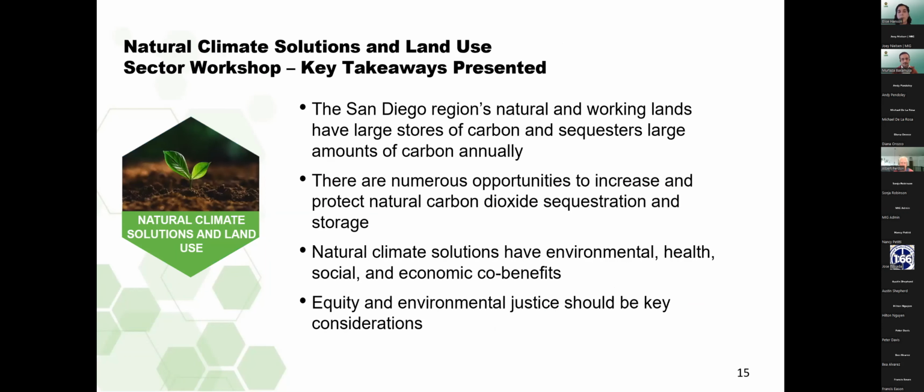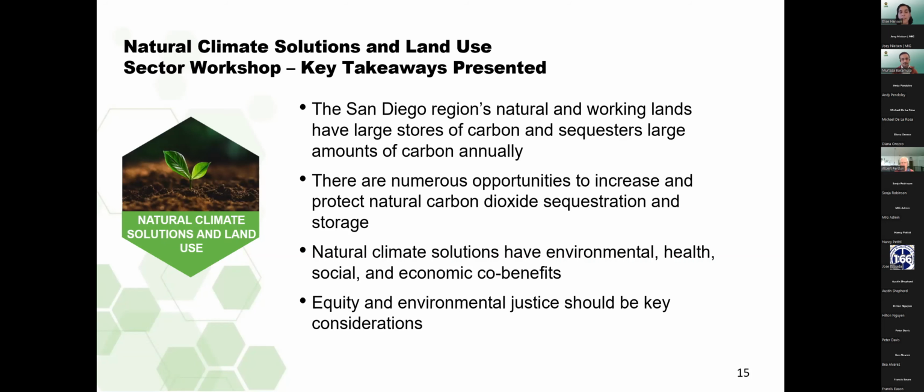Our second workshop focused on natural climate solutions and land use. This chapter's key takeaways that were presented are that the San Diego region's natural and working lands have large stores of carbon storage and sequester large amounts of carbon annually. There are numerous opportunities to increase and protect natural carbon dioxide sequestration and storage, that natural climate solutions have environmental, health, social, and economic co-benefits, and that equity and environmental justice should be key